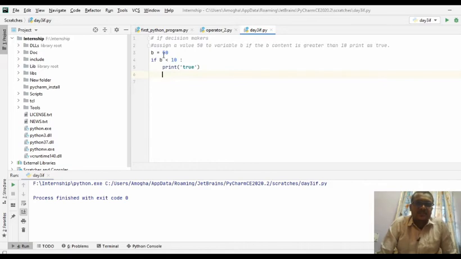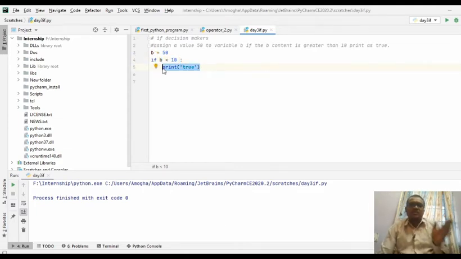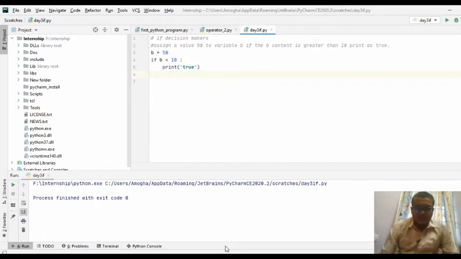If condition. So if is a keyword and here is a condition. And after the condition you need to give a colon. And you are saying that print true. So whichever things you write by giving one tab, these are all the true statements. So the next comes